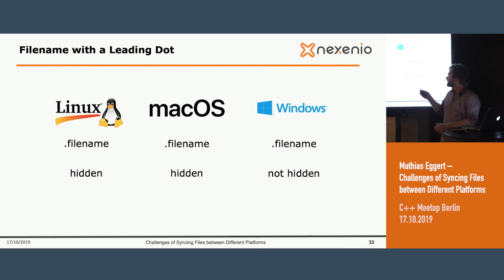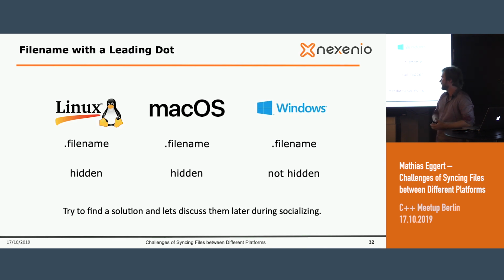And that is a big problem, because then probably they will call you and say, your synchronization engine is doing something wrong here. It says everything is synchronized, but I don't find .conn. Yes, .conn. So I would really like to hear your solutions or your ideas. We can talk about it later.